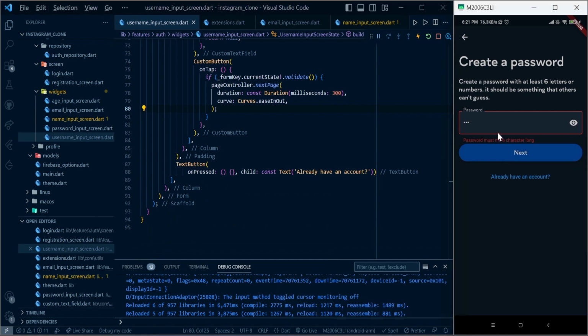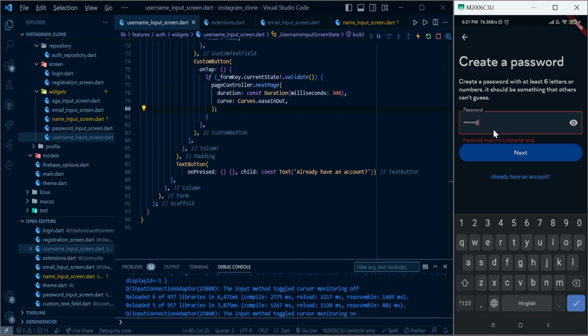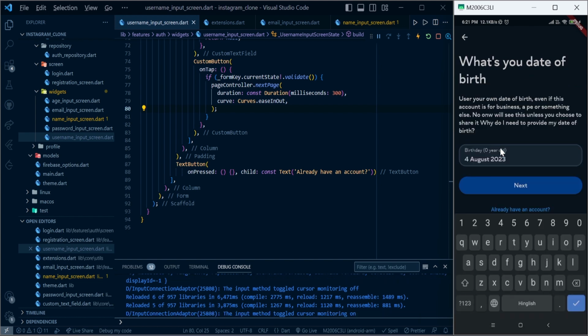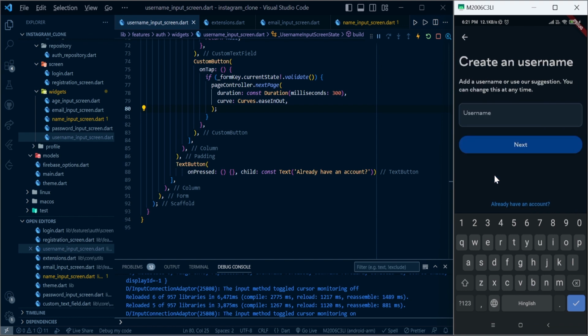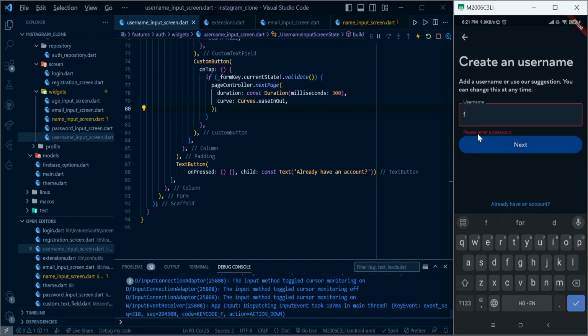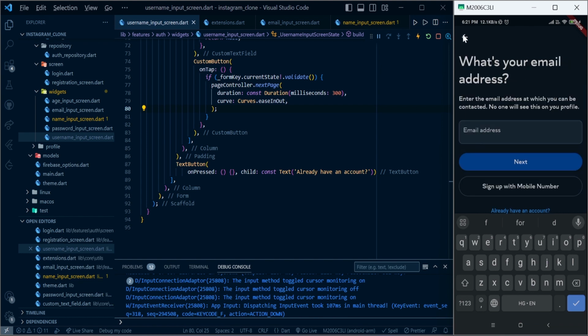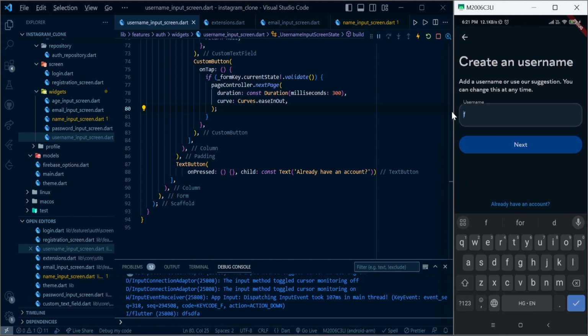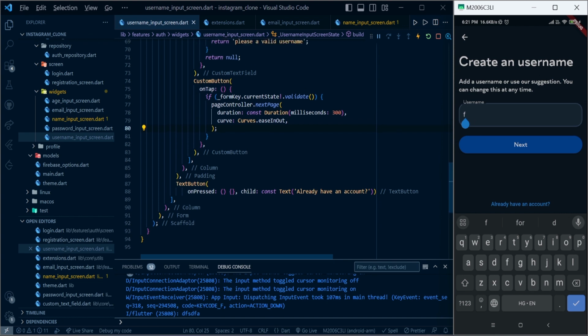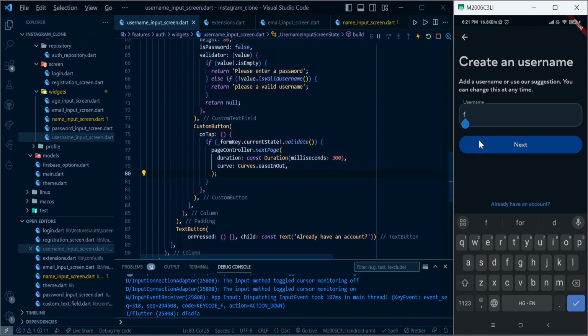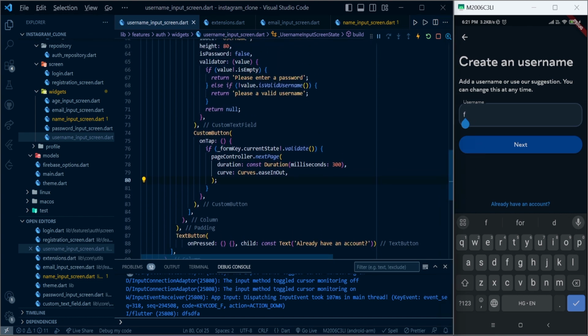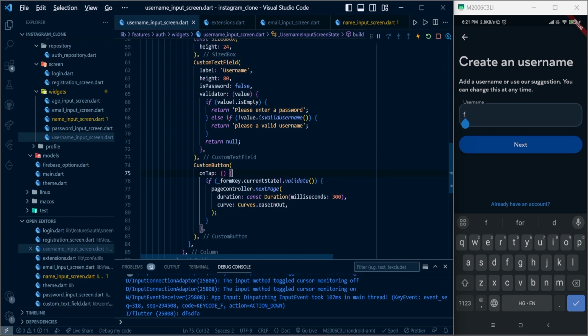If we click over here, we need to add at least a 6-letter long password. Let's go to the next screen. If we type, yeah, this is not working. Yeah, we are going to the next screen as well. Here we can add a check here, else if